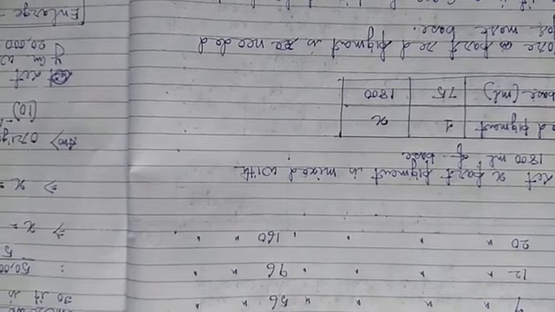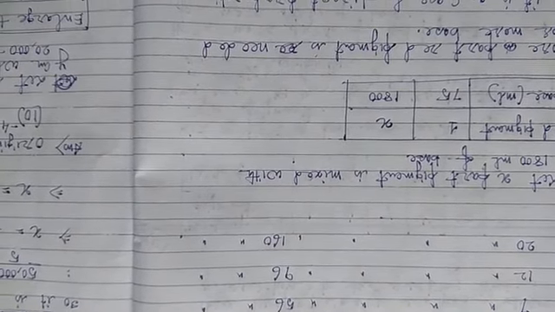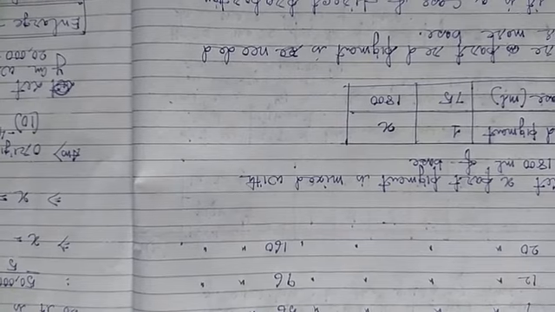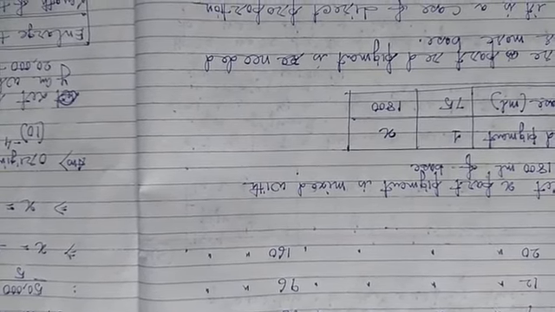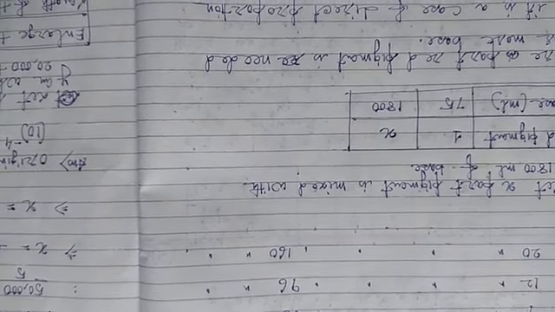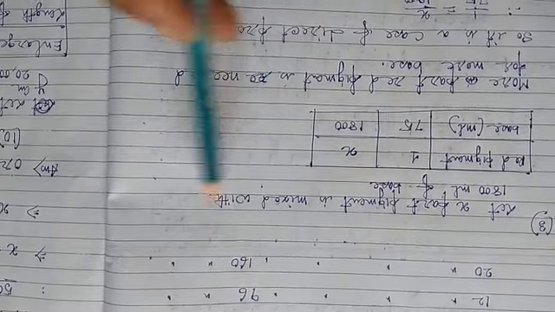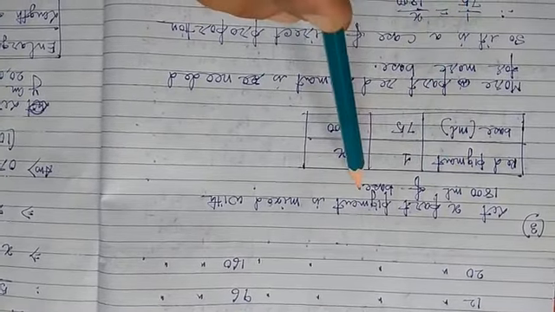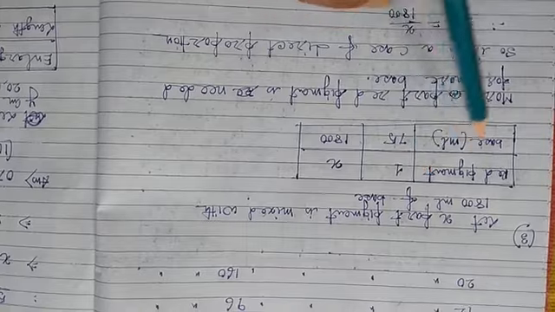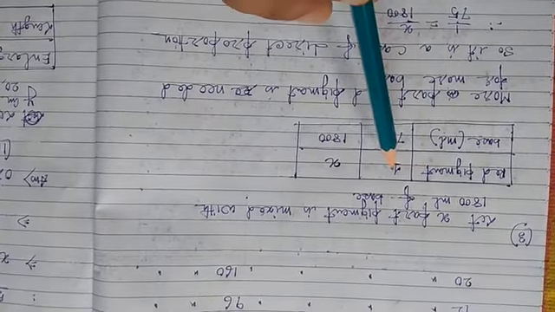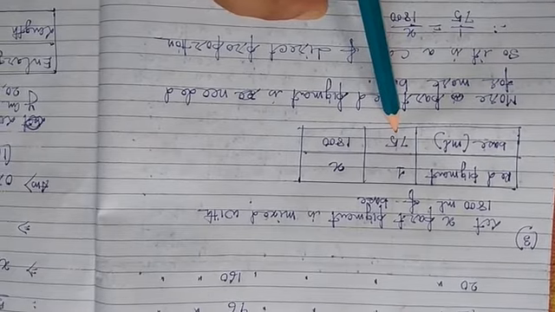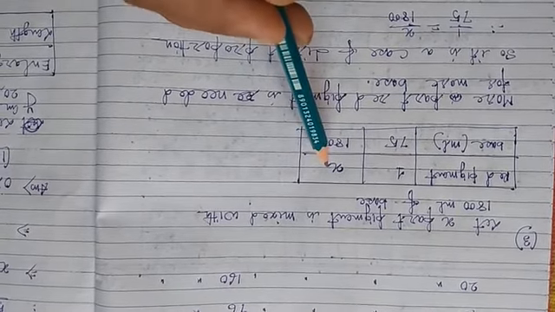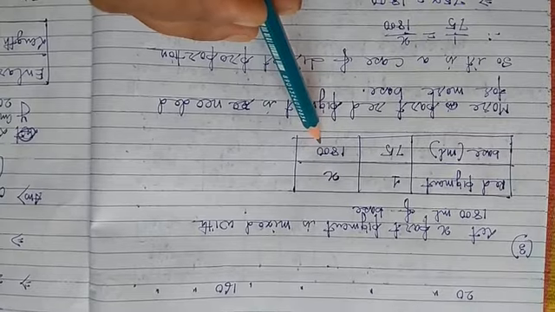In question number 2 above, if 1 part of red pigment requires 75 ml of base, then how much red pigment should be mixed with 1800 ml of base? So let x parts of pigment be mixed with 1800 ml of base. So this is the table, red pigment and base in ml. So 1 part pigment is added to 75 ml base. So we already consider x parts of pigment is added to 1800 ml of base.